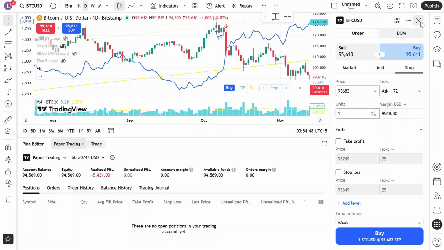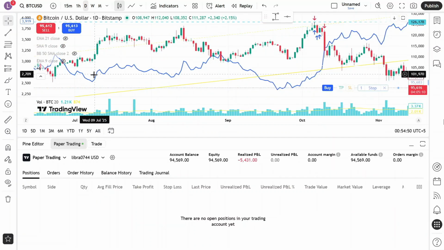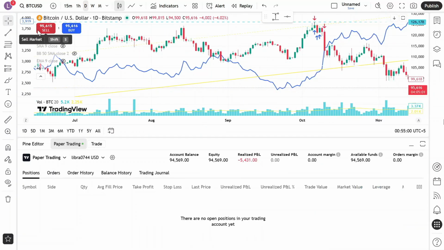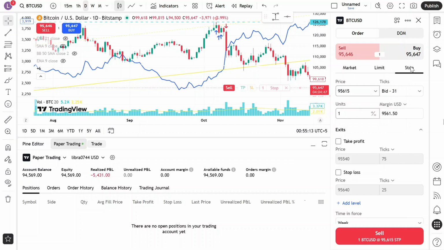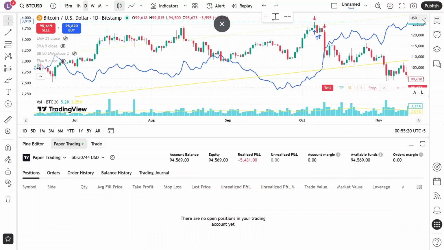Similarly, if you want to sell it, you can also sell that. You can also buy or sell that just by clicking these icons on the top left side. Now, if I have selected the sell button, you will see that the overall color scheme has changed to the red color. So again, market rate, limit order, and stop loss, you can add all the requisite detail here and click sell. And this is the easiest explanation of how you can do the paper trading in